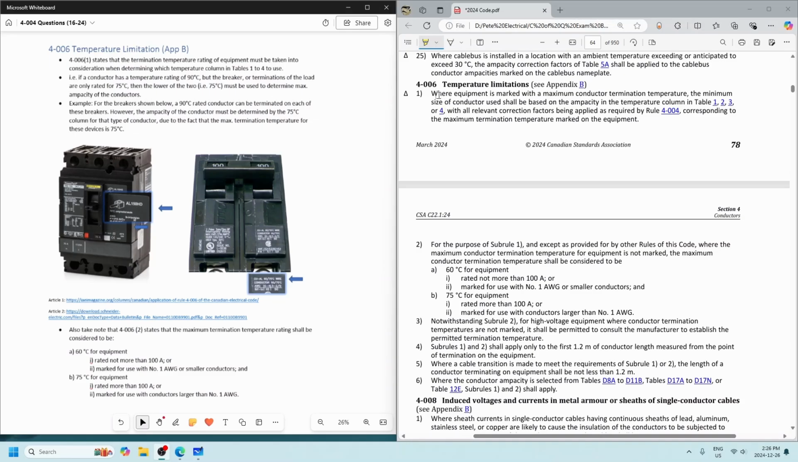Where equipment is marked with a maximum conductor termination temperature, the minimum size of conductor used shall be based on the ampacities of tables 1 to 4, with all relevant correction factors being applied as required by 4004, which is what we've been doing, right? We've been looking at free air, cable, conduit, copper, aluminum, looking at tables 1 through 4, and so far we've only been using tables 5A and 5C for ambient temperature and more than 3 conductors in the conduit. But this rule, 4006, tells us that